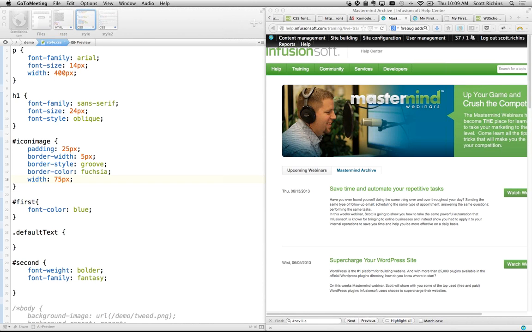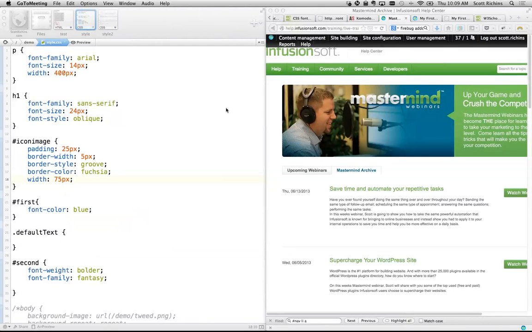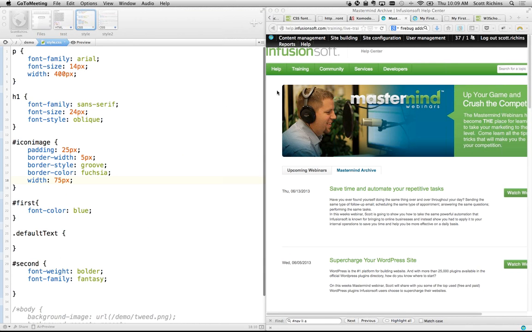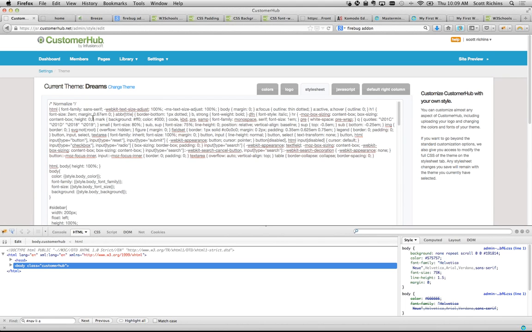Sharon asked a good question here. Sharon said, do you recommend copying the CSS from Customer Hub into a Notepad document before you make any changes? Sharon, one of the things that I like to do personally, because I've learned the hard way a few different times, is if I'm ever going to go in and make changes to code that is live code, I typically don't make changes to live code. But if I am, so for example, if I'm going to go in and change this code right within here,